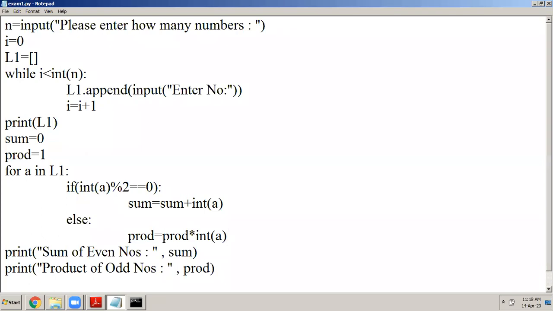In the for loop, take each element of the list, check if it is even. If it is even, add it to sum. If it is odd, multiply it with product. That's it. Very simple program. And since I have to execute the program and show to you, I took all this pain, converted string to